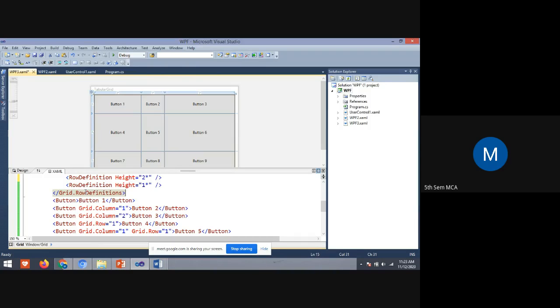Next, in the row definition, in the first column, I'm including in column 1 button 1, button 2, button 3, button 4, button 5.